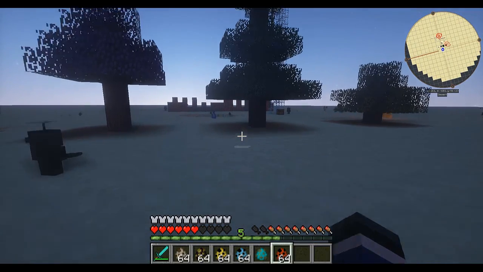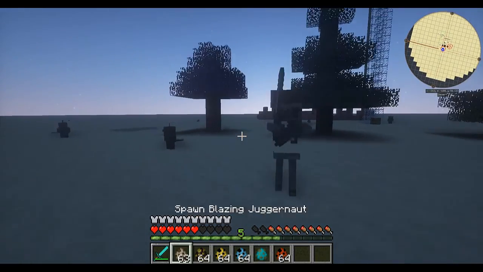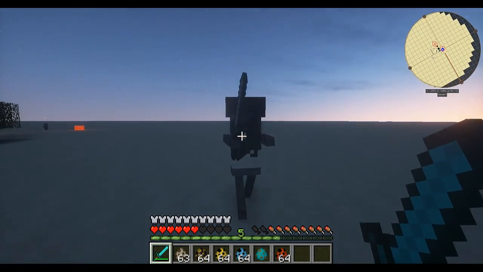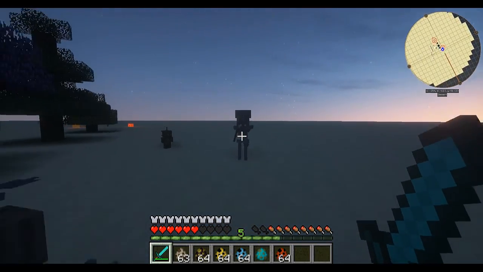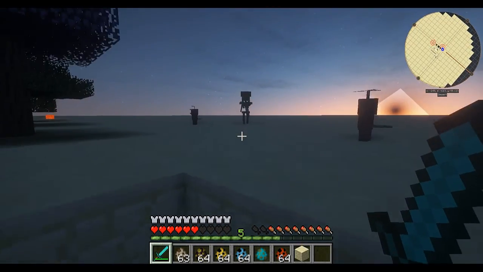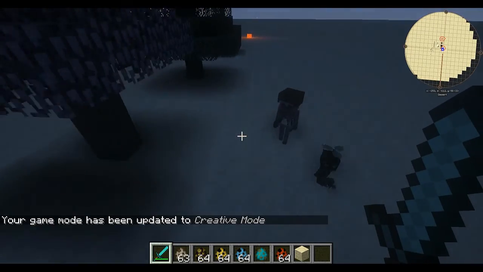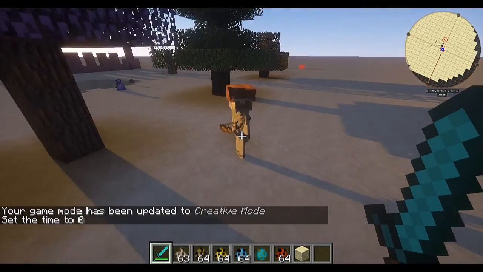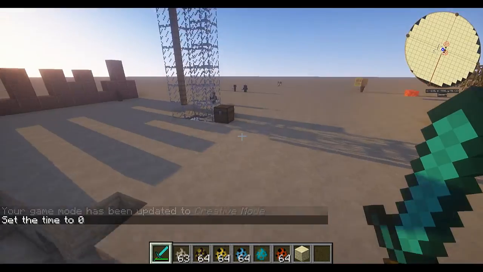Actually, let me keep this game mode on and go for the Skeleton Warrior. Now he switches between weapons. Now he's trying to attack me with his sword. And then when he's further away, he will try to attack me with the bow. And he also switches weapon on his back. Oh, let's go quickly before I die. And let's set the time back to 0. He also has a little helmet, so he doesn't burn in the daylight. And then we have...